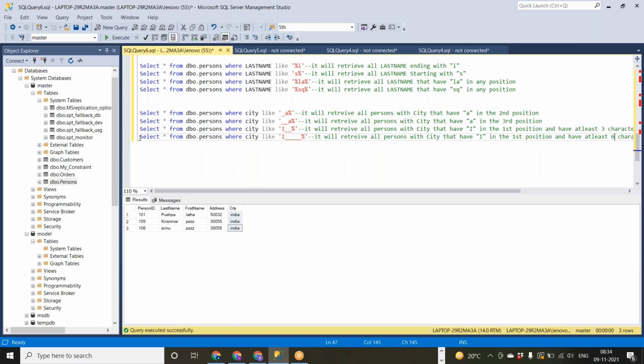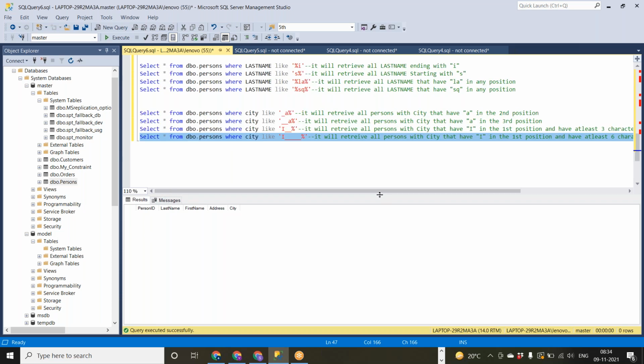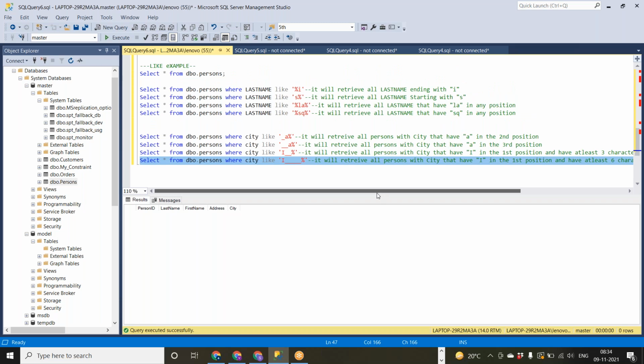It will not retrieve any data because our India is only 5 characters of length. Even though India starts with I, it is not meeting the criteria of 6 characters. That's why we are not getting any data. I think you got the point.